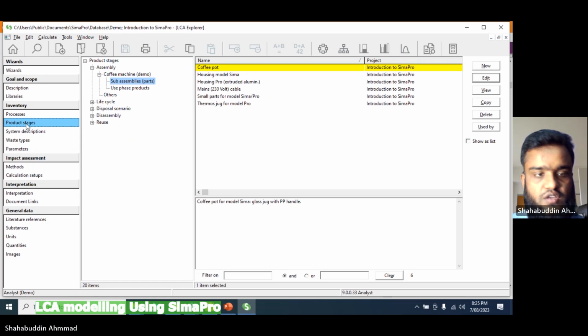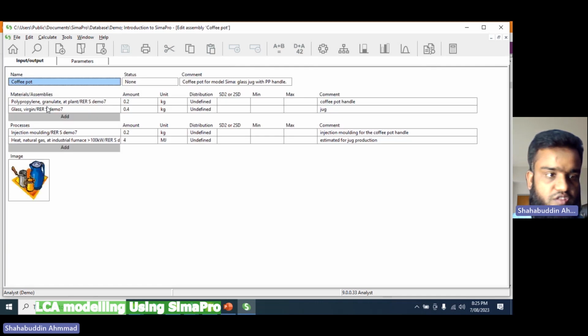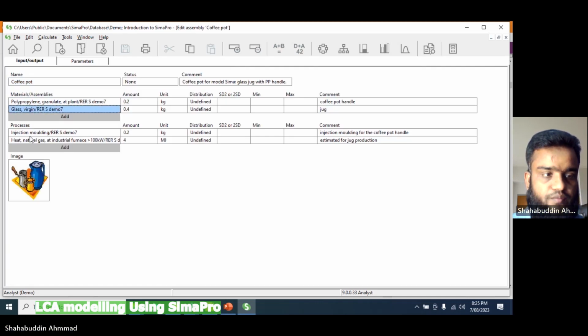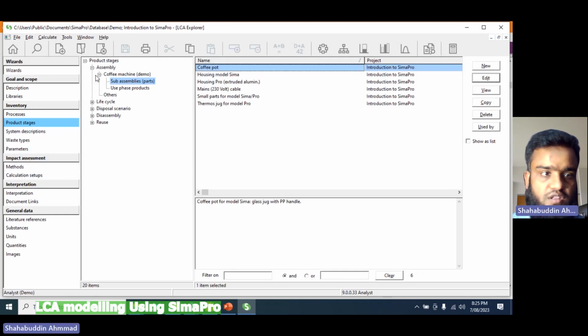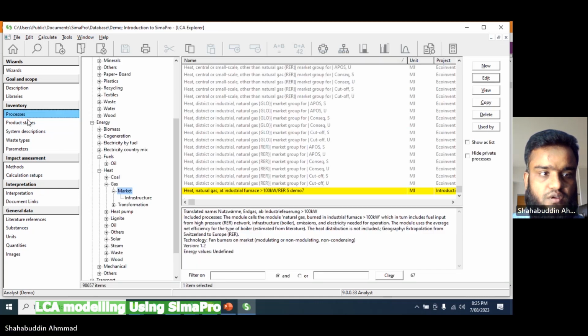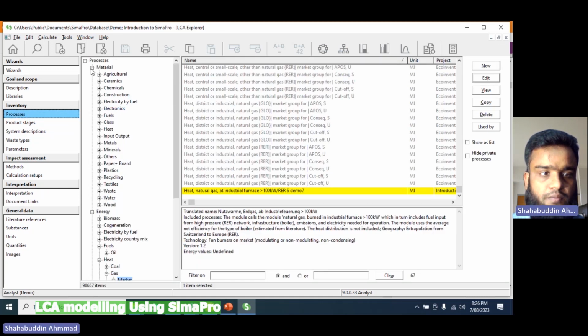I'm not doing that one because it has already been defined in the product stage. In the product stage, you can see in the coffee machine, coffee pot. Under coffee pot, you will be able to see these two materials have been defined. And in the process, injection molding and heat is from natural gas. If you go to the material process and just